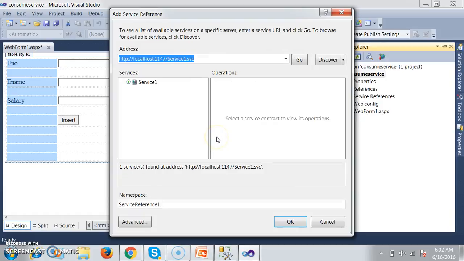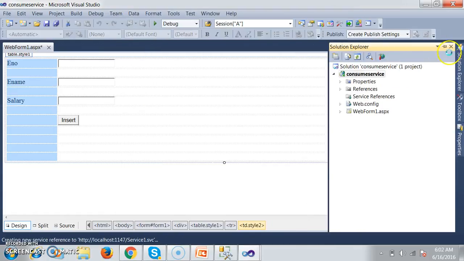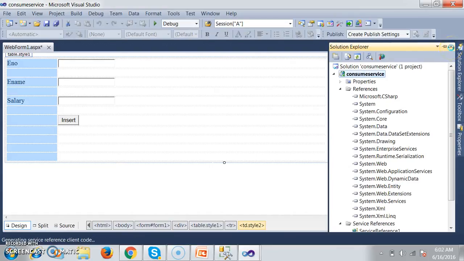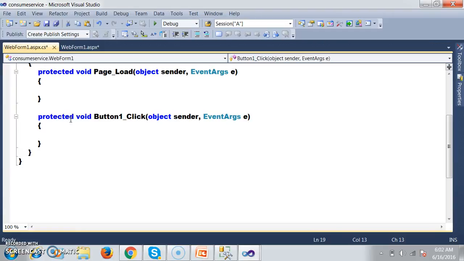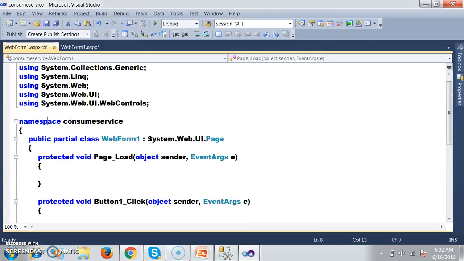And here you can see we are trying to consume the service, and the service name is Service1. Here you can see the interface name and the methods that are available. Click on OK, and here you can see I will consume the service. So here you can see, here I will write